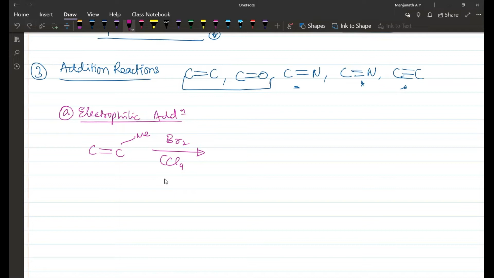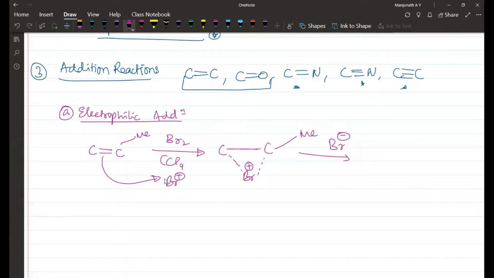So now bromine forms a cation, Br plus. It acts on the double bond actually. In fact, the double bond attacks Br plus, and it will form a cyclic bromonium ion. Okay, this is the intermediate formed. Now next is nucleophilic attack, Br minus. First, what is interacting is the electrophile. That's why it is called electrophilic addition.